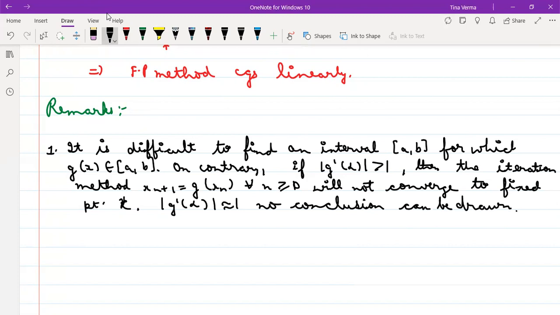So what it says कि जैसे हम gx चूज कर रहे हैं, ऐसा इंटरवल ढूंढना कि जिसमें gx भी बिलोंग कर रहा हो, that is quite difficult. वो क्या कह रहा है कि अगर आप ऑन कंट्रेरी किसी इंटरवल में आप दिखा देते हो कि उसका डेरिवेटिव एक पॉइंट पे ग्रेटर देन 1 आ रहा है, तो ऑब्वियसली वो मेथड आपका कन्वर्ज नहीं करेगा फिक्स्ड पॉइंट को, राइट।